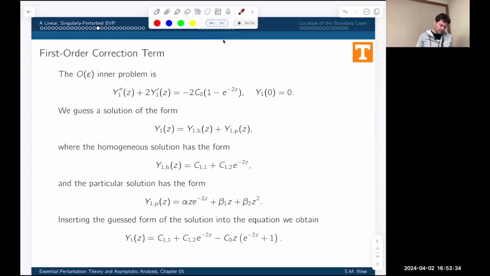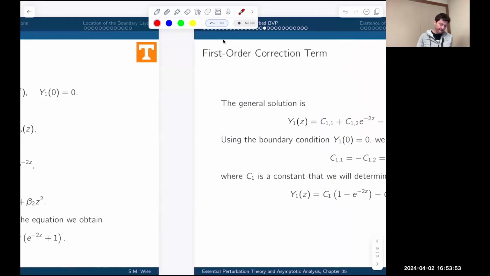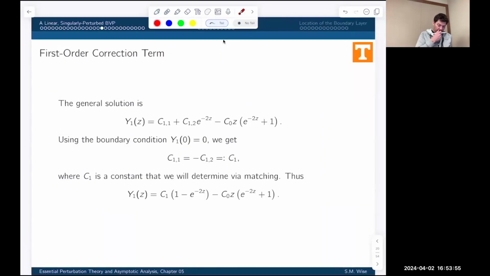Okay, so what do we have? There's our generic solution. We have two constants which need to be determined. This is the constant from the previous solution, so there's nothing we can do with that. We're just going to leave it as is. All right, so